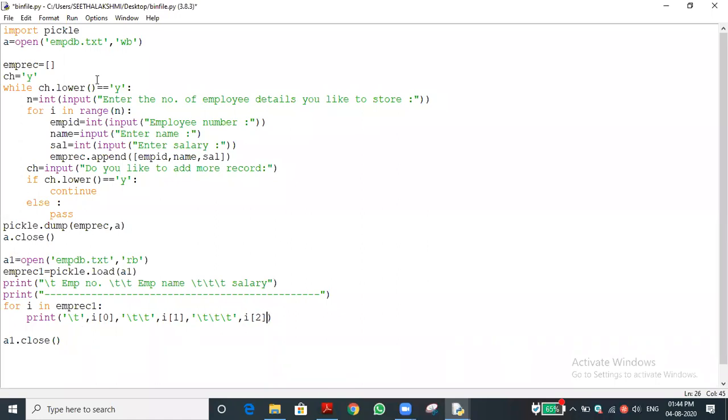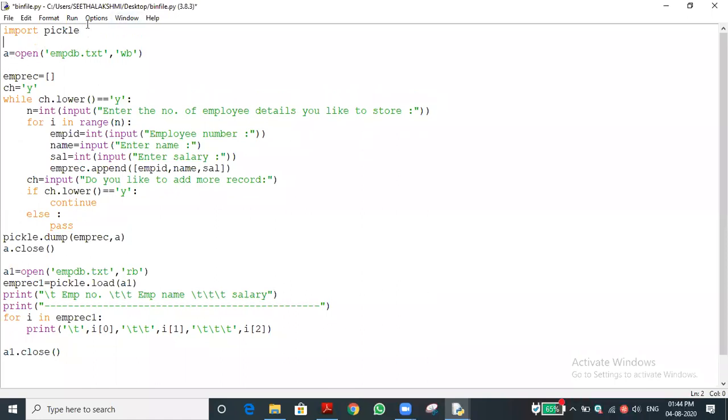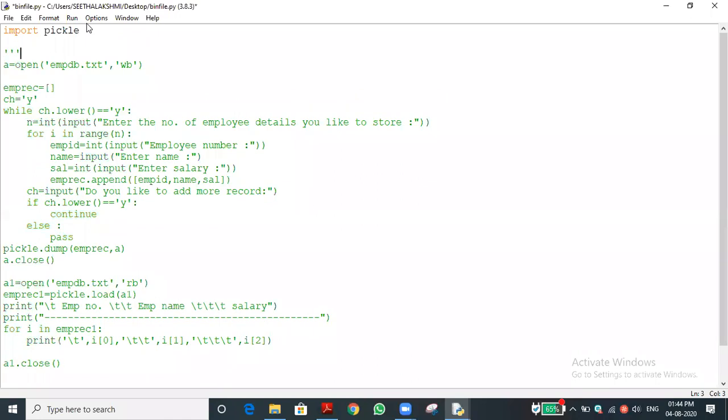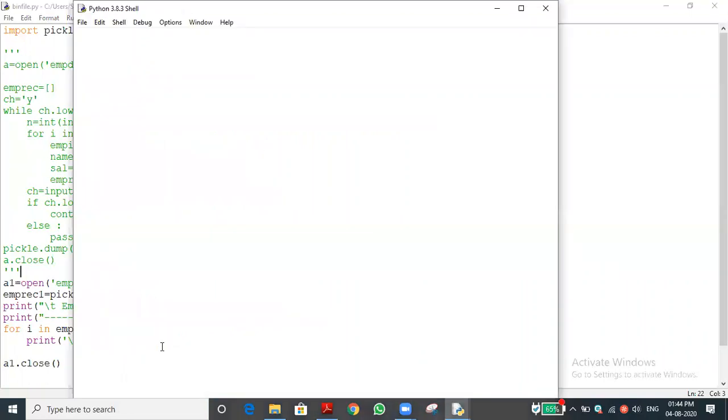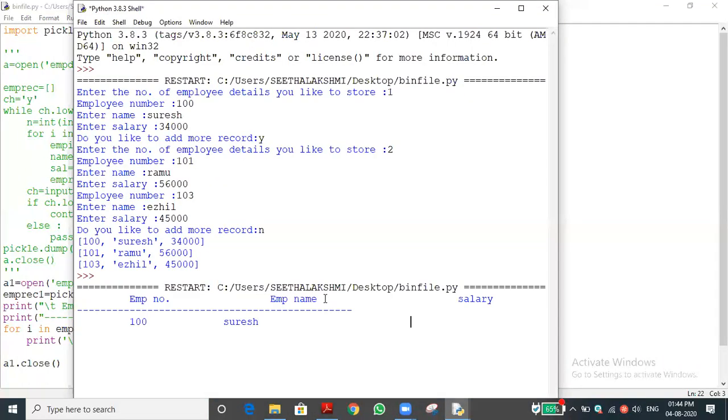For example, the data is already recorded and stored in the file. Now we will execute this file. I'm making this as a command line, for time being. Now we are only reading the file. I'm saving this file and running it. Let me see it.